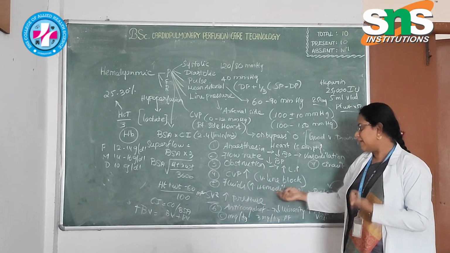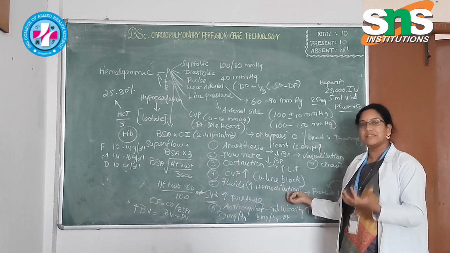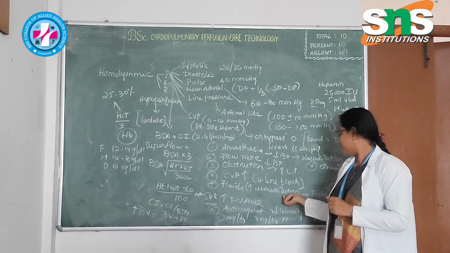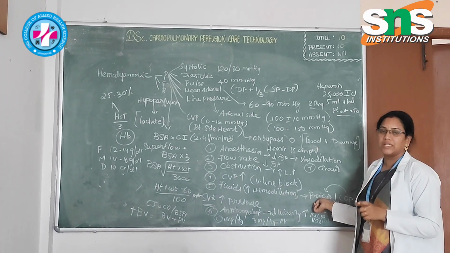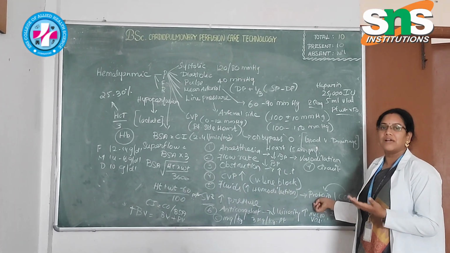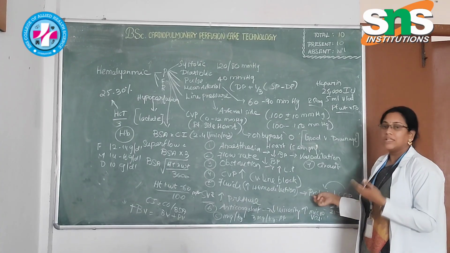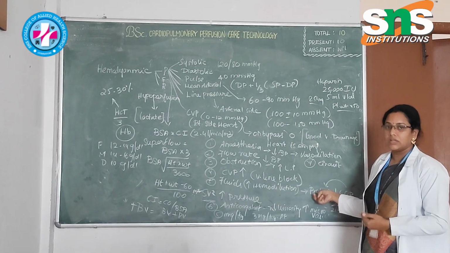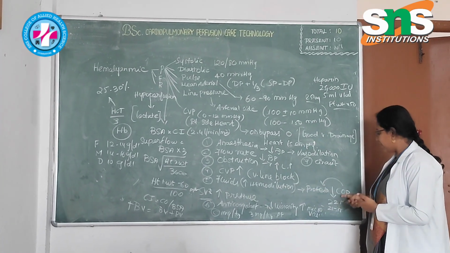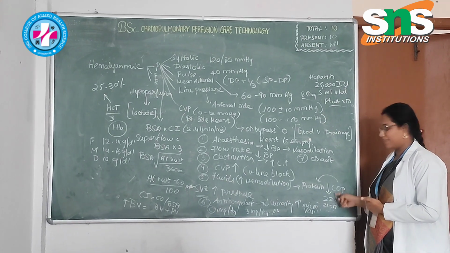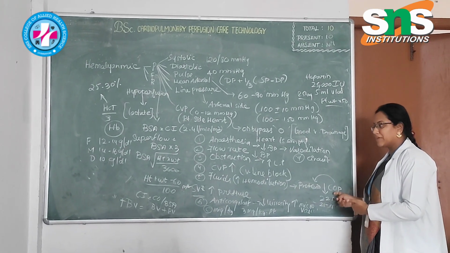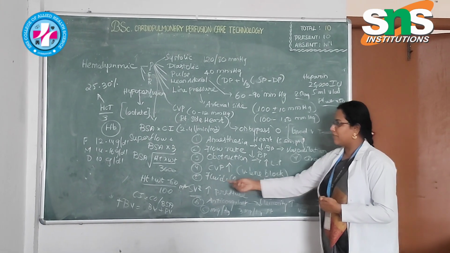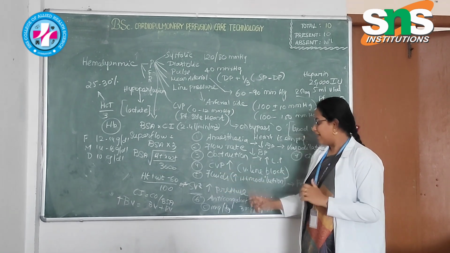Hemo means blood, dilution means the blood cells get reduced in their levels. Mainly the proteins present in the blood, albumin, globulin and fibrinogen, their count is totally reduced. When that is reduced, it will cause a decrease in colloid osmotic pressure. When the decrease in colloid osmotic pressure occurs, automatically the fluids will start shifting. And also the